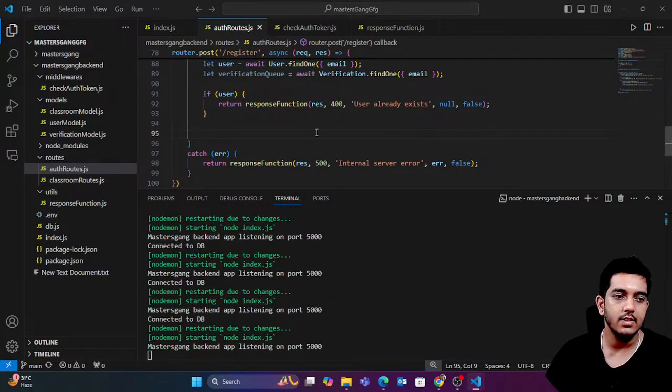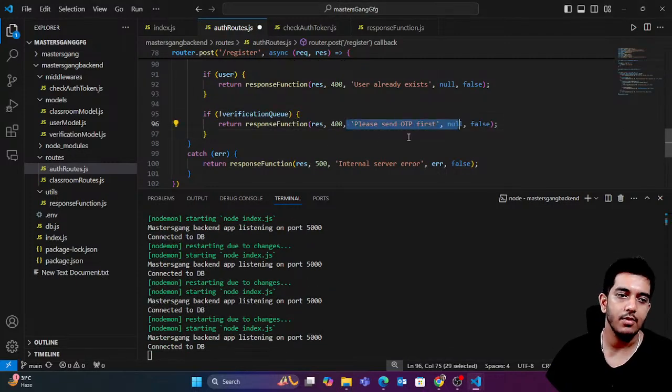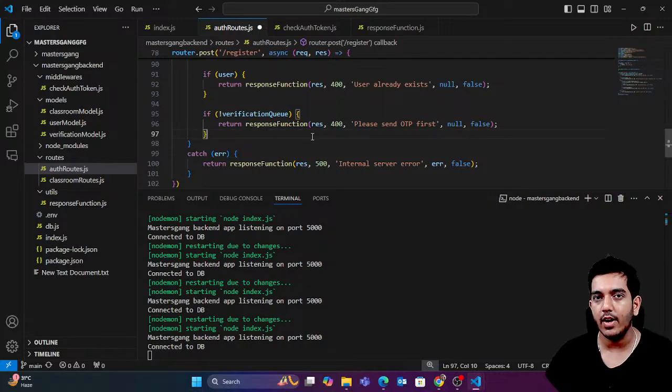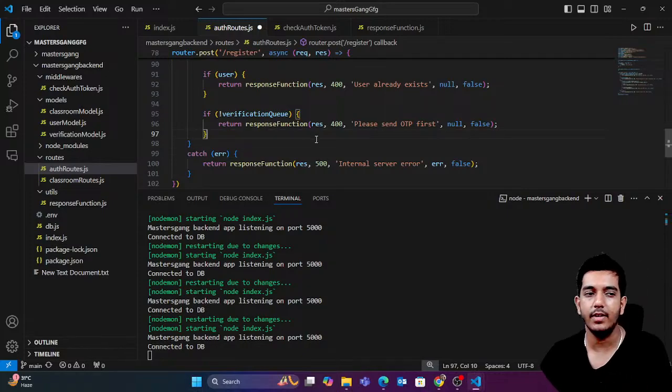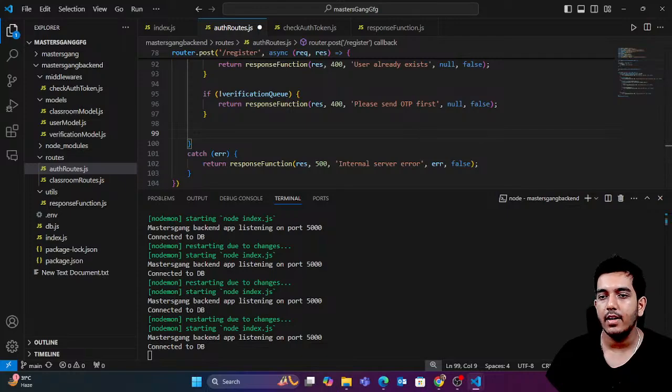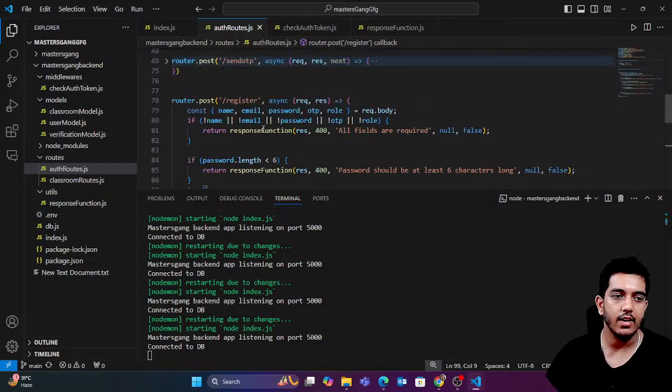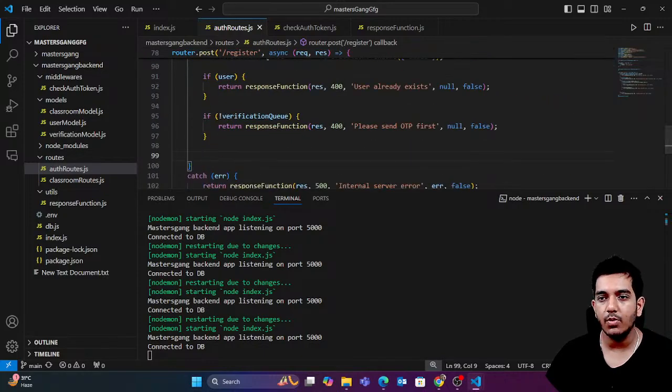If OTP doesn't exist, then you're going to say please send OTP first. If you are trying to sign up, you need to first of all send OTP here. So this would be the error. Then after that, if OTP is also sent, that means you're going to simply extract the OTP. So for that, guys, what you need to do is